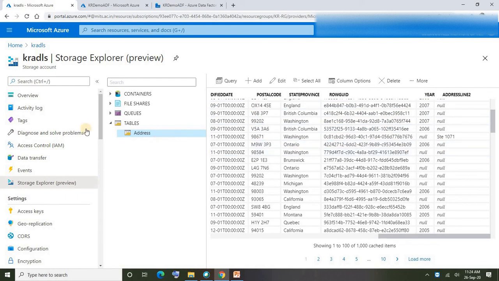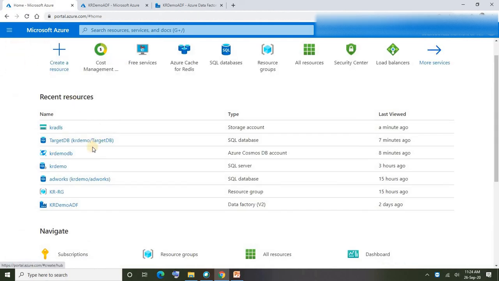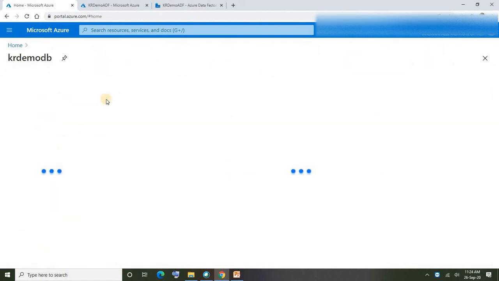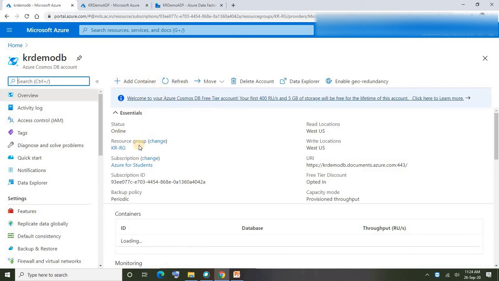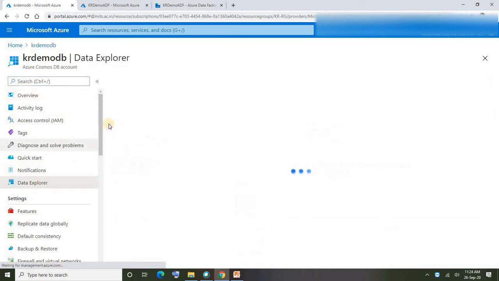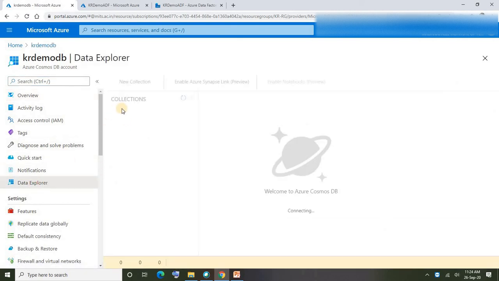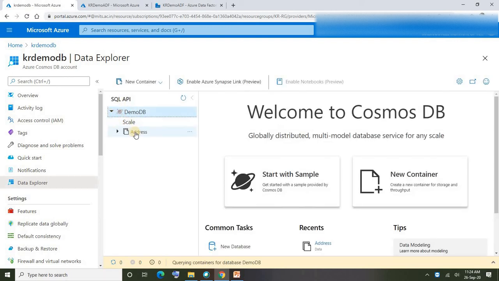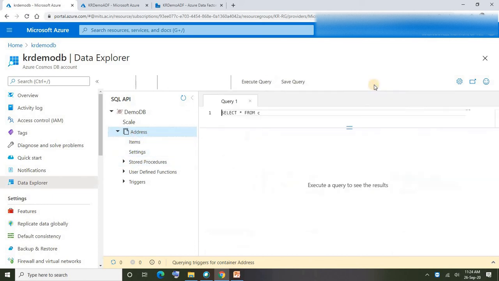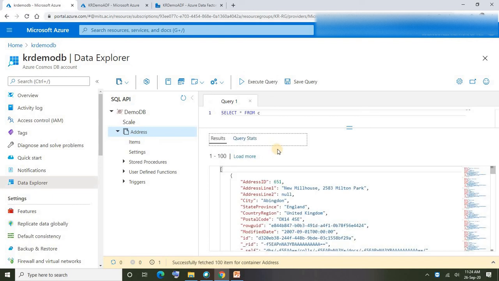Now let me take you guys into Azure Cosmos DB as well, to see whether the new column is created or not. Go to Data Explorer, Cosmos DB database, address container, new query, execute the query. There were existing documents also, right? In existing documents, see here we don't have the year field created.